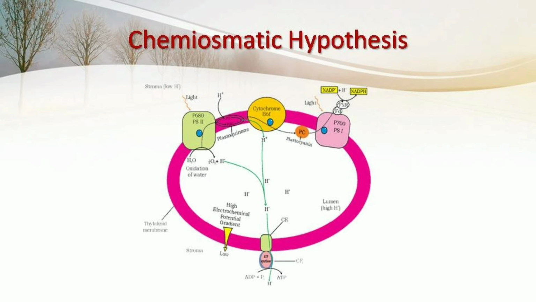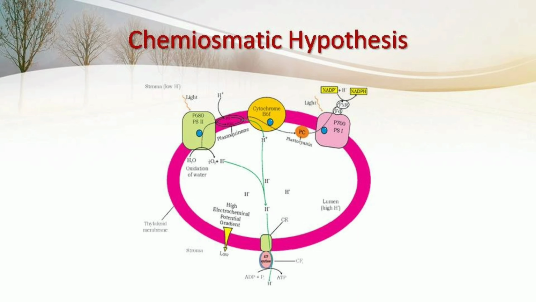The next topic is the chemiosmotic hypothesis, or we call it chemiosmosis. This process is related to osmosis, that is, the diffusion of water across a membrane. Chemiosmosis also allows protons to pass through the membrane. So let's see how the water crosses the membrane and what the process of this chemiosmotic theory is.